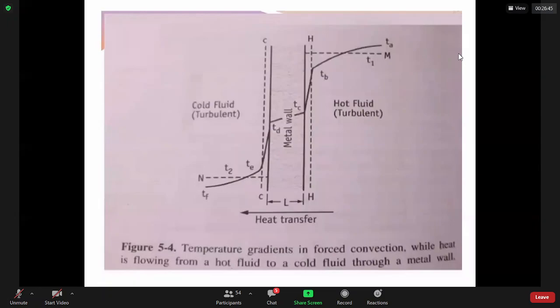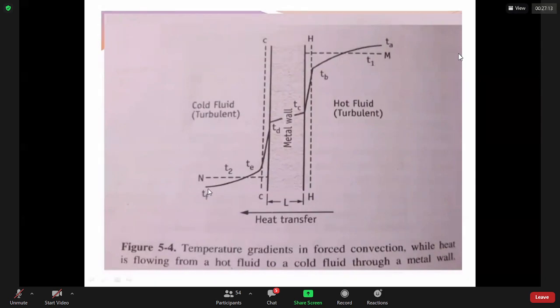wall. Now, when you look at the cold fluid side, to the left of the dotted line CC, the fluid is also in turbulent form. It is in turbulent flow. So TF is the minimum temperature of the cold fluid. TF is given here,